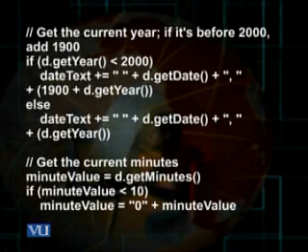After the year 2000, the systems have the year value fed into them in 4 digits. So there is no problem. We don't have to add anything in case the year value is 2000 or beyond. Therefore, in the else statement, you can see dateText plus equal, the empty string, then plus d.getDate as I did before, plus within the string the comma, then plus d.getYear.